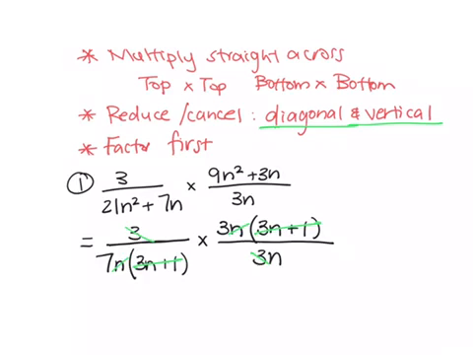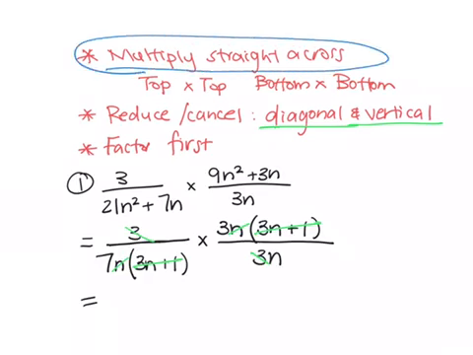So now if I look at what I'm left with, remembering that up here I had told you that we need to make sure that we multiply straight across. Across the top, the only thing that I still have in the numerator is a 3. And then in the denominator, I have a 7 and an n. So 7 times n is 7n. This would be your solution to that multiplication problem. All right,